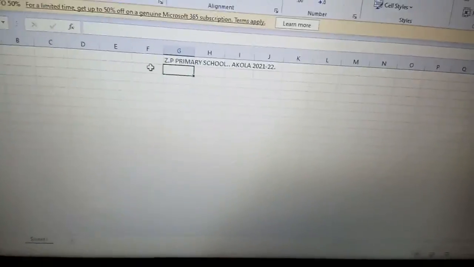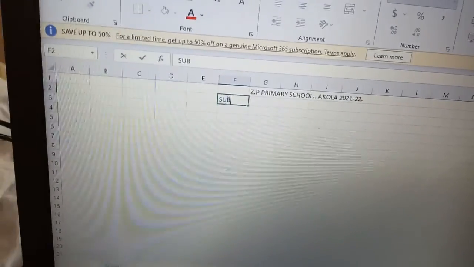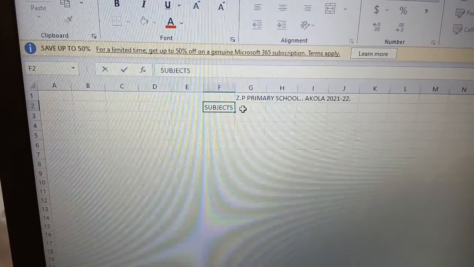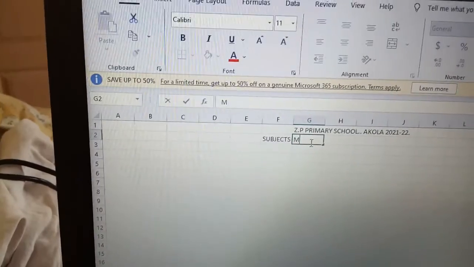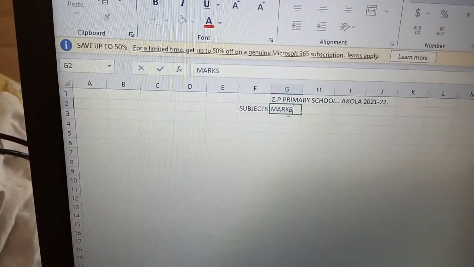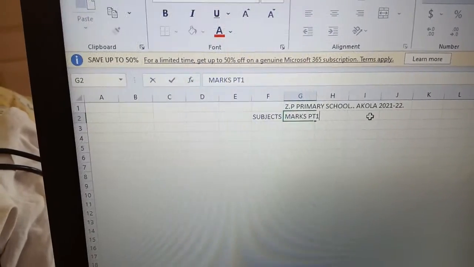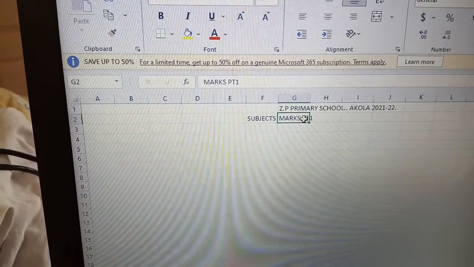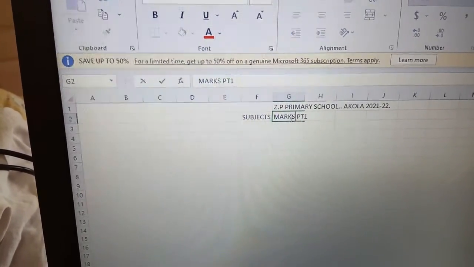Now I have to write the subjects here. I have written here the subjects. Then I will write here the marks of PT1. Wait guys, I will write only marks of P1 here, because the space in the box is not that much.